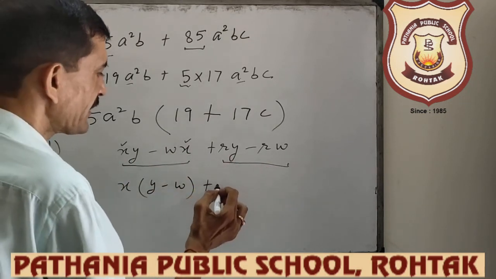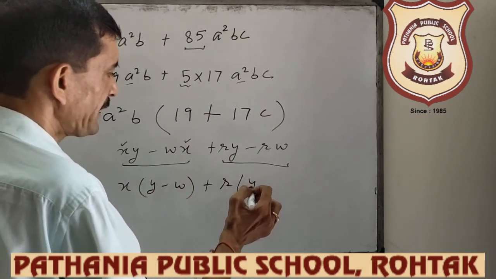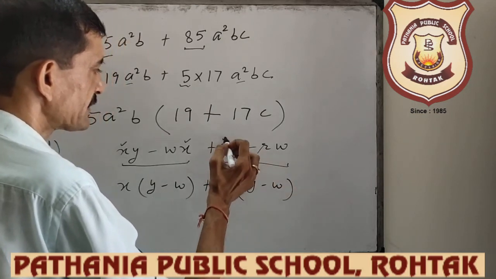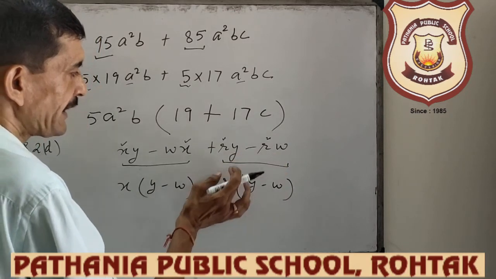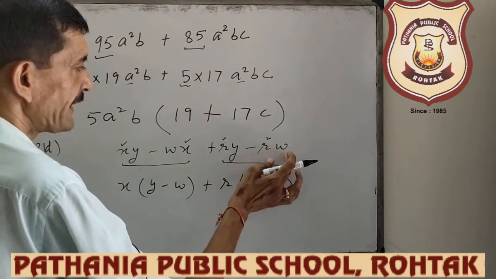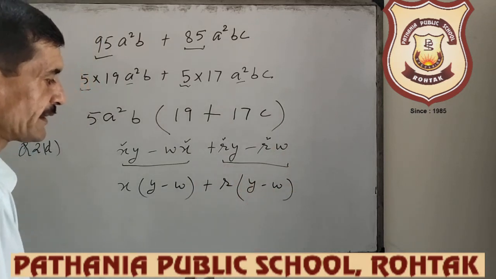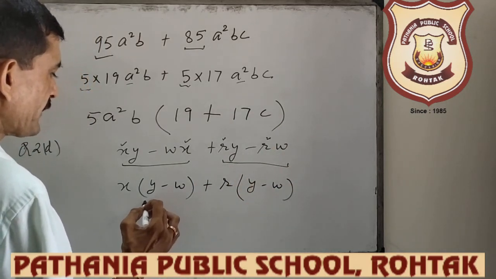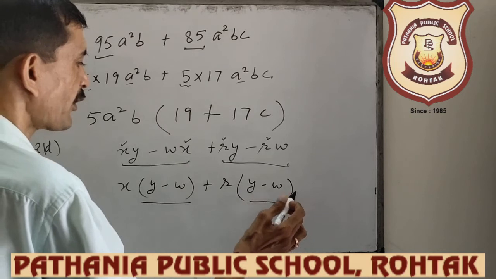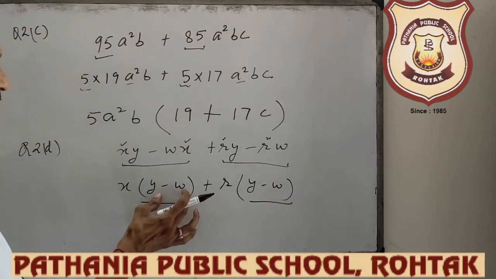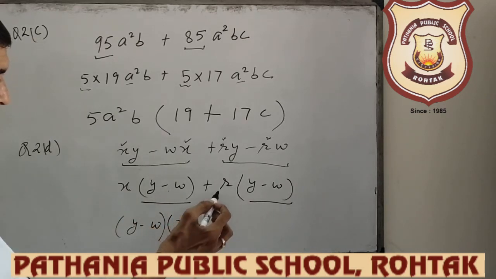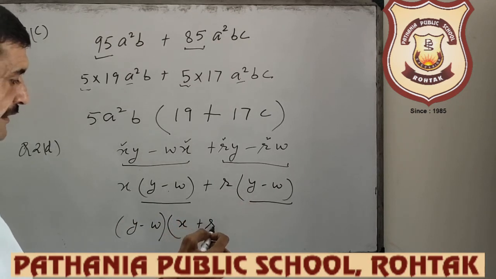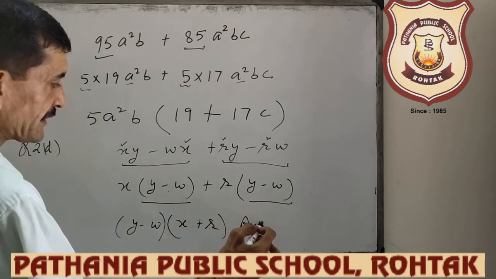Now in this bracket, r is common, y minus w is left, because this r and this r we write outside. Or you divide this by r, then y is there, and divide this by r, then w is remaining. Now in this complete expression, what is the common? This part is common in both. So write this outside. Y minus w is common. What is left? X. What is left here? Plus r. So this is the answer.